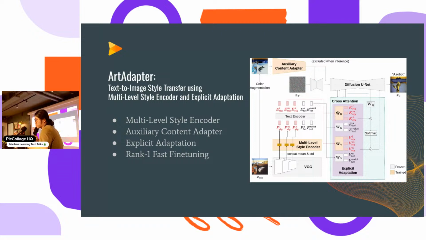And beside this, another component here is the auxiliary content adapters. The idea is, since we all know the diffusion model is actually a self-reconstruction task, during reconstruction you need the content information and style information from a style reference, then it has a chance to reconstruct itself. So we split the style and content into two components. The style encoder and the adaptation will focus on the style, while the content will be taken responsible by the auxiliary content adapters.